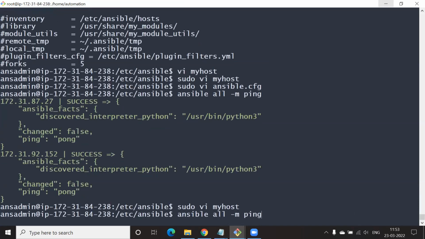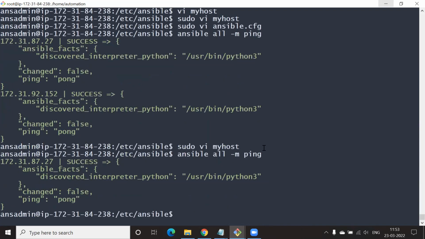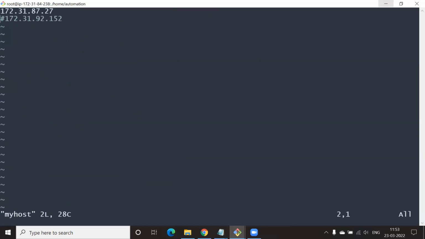Again, ping all. And notice you should get only one, which means we are now referring to myhost, not the hosts file. Catching everybody? Now go back and uncomment the second IP, put it back.